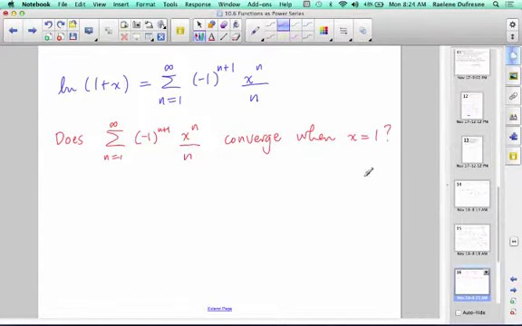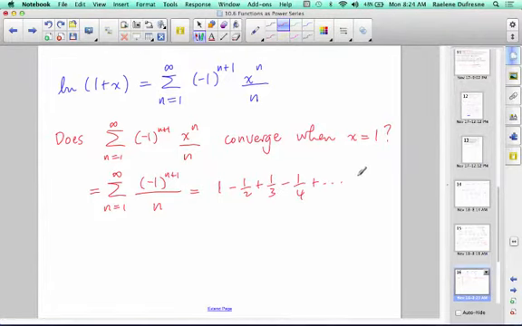Well, we've done this before. We can substitute x equal to 1 in, and therefore we get the series from n equals 1 to infinity of negative 1 to the n plus 1 times 1 to the n, which is 1, over n. And this series is none other than the alternating harmonic series. So let's just expand a few terms. When n equals 1, we get negative 1 squared is 1 over 1. Then we get minus 1/2 plus 1/3 minus 1/4, etc. is the convergent